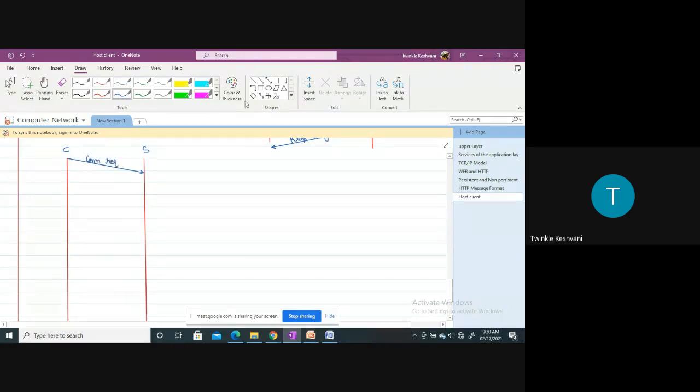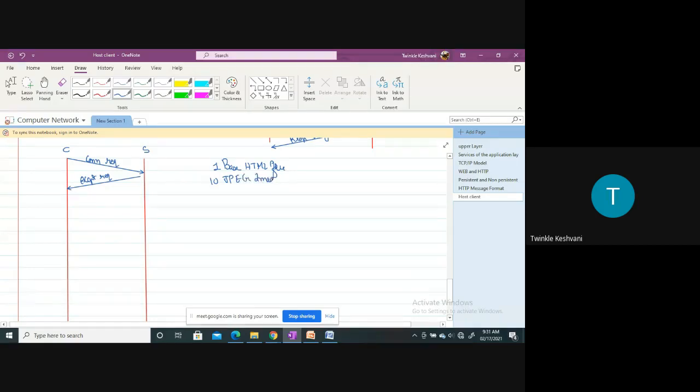Server will accept the connection request. Now the connection is already established between the client and the server. If we take the same example, then we have one base HTML file and 10 JPEG images.